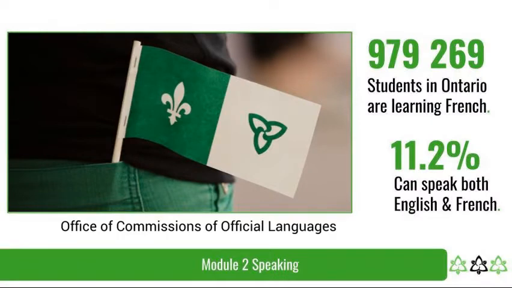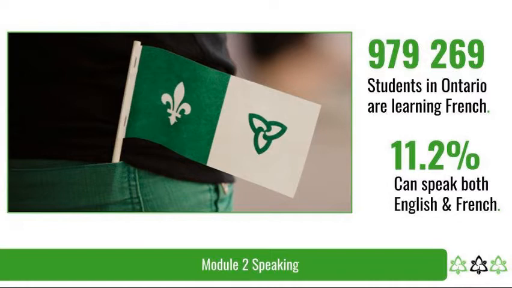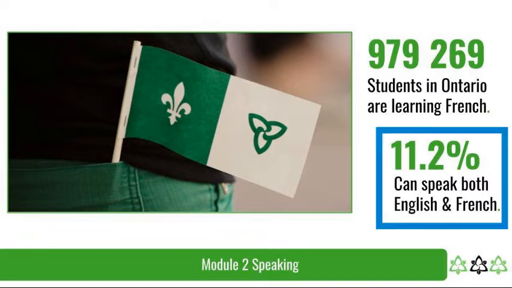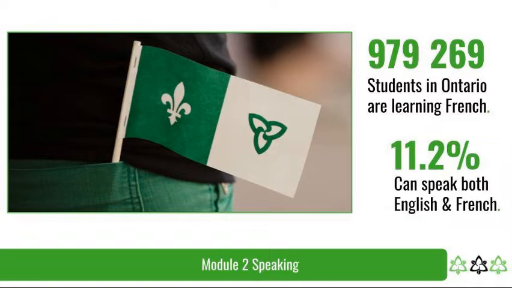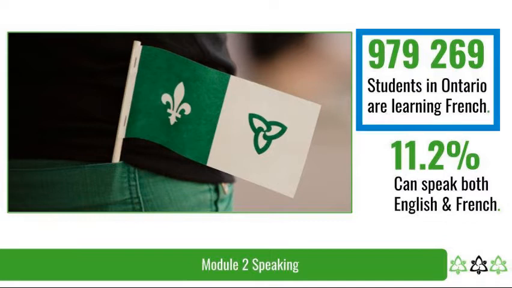According to the Office of the Commissioner of Official Languages in Ontario, 8 in 10 Canadians agree that more needs to be done so that young people can become proficient speakers of both French and English. Ontario has the largest French-speaking minority community in Canada, and 11% of the population can speak both English and French. This number has grown by 7% since 2011. In fact, a study released in 2017 showed that